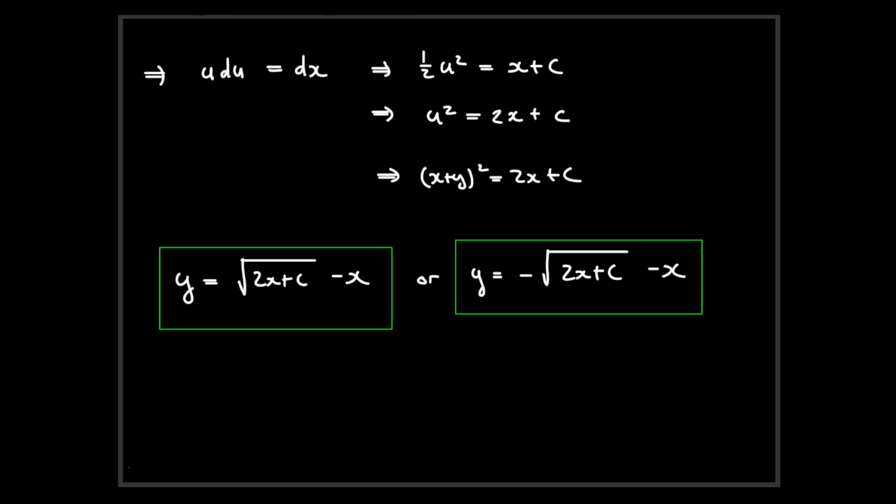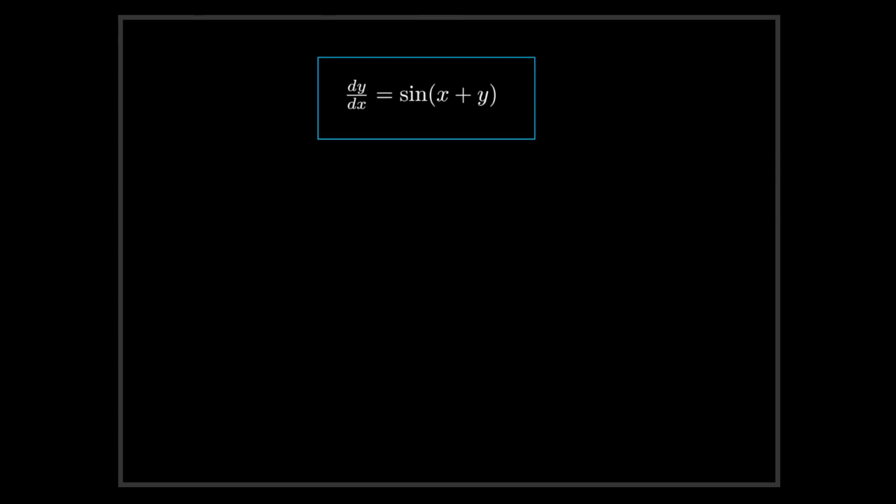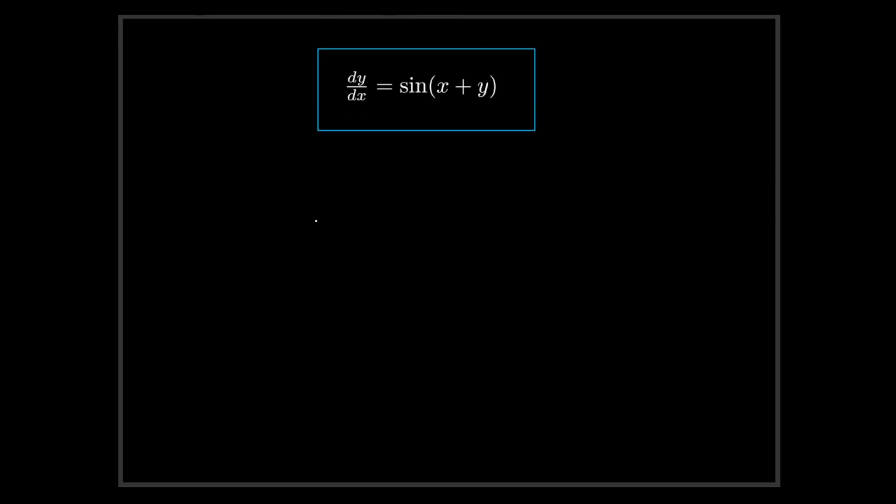All right, let's do one more example. So we're going to solve this equation here in a very similar way. So beginning with this equation, dy dx is equal to sine of x plus y. But then we can write sine of x plus y as sine of u, where u is just equal to x plus y again. Great, and then we have our trick, which is that du dx